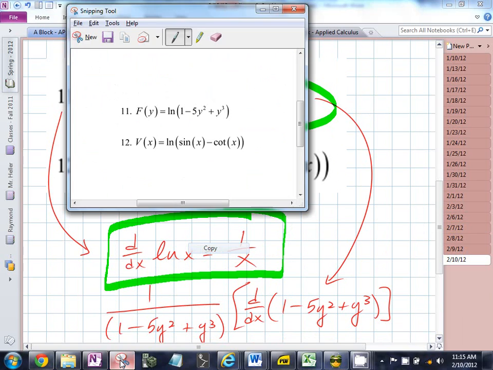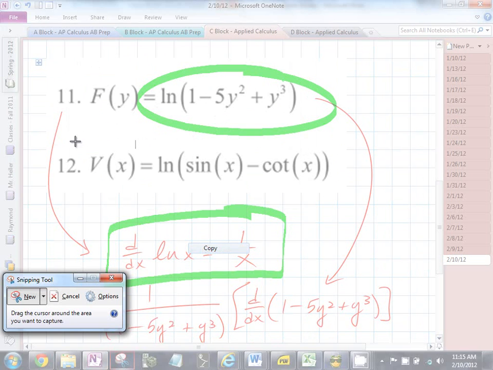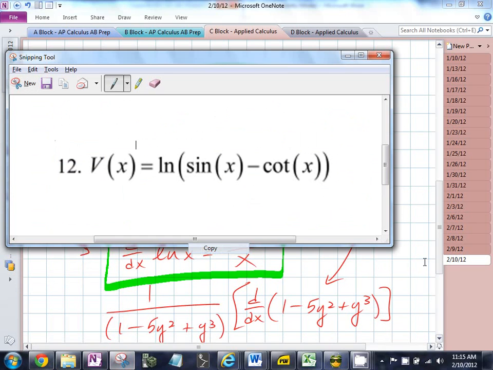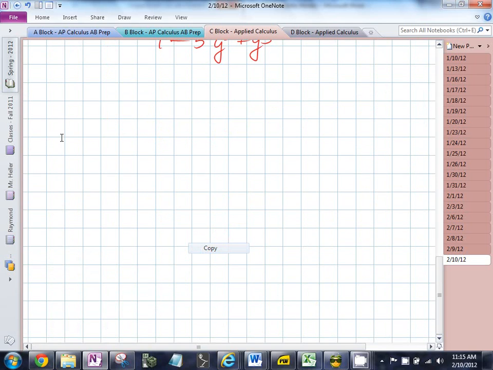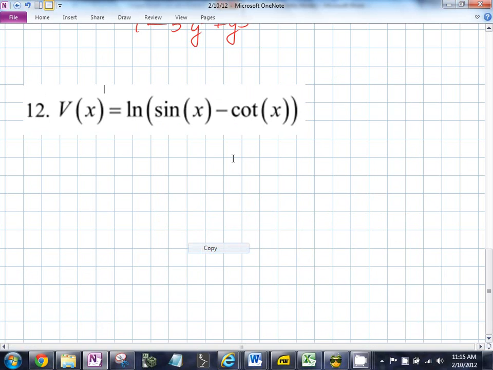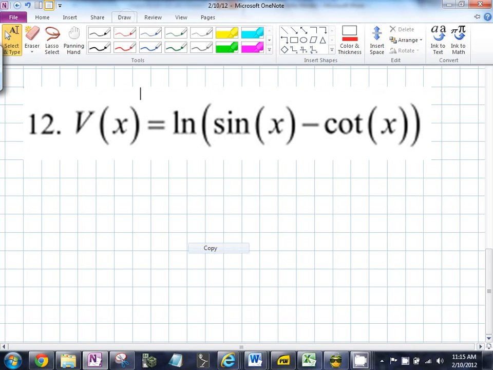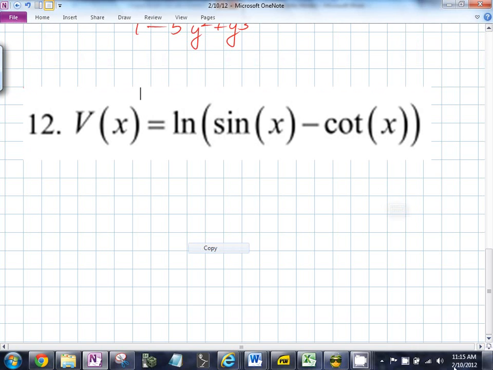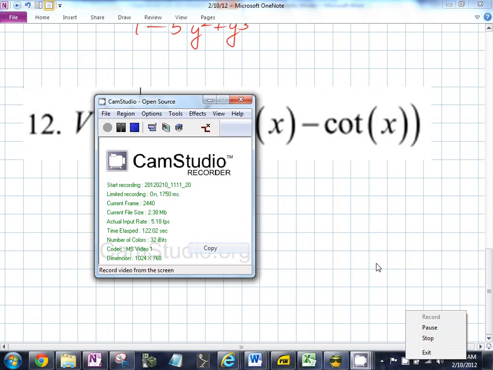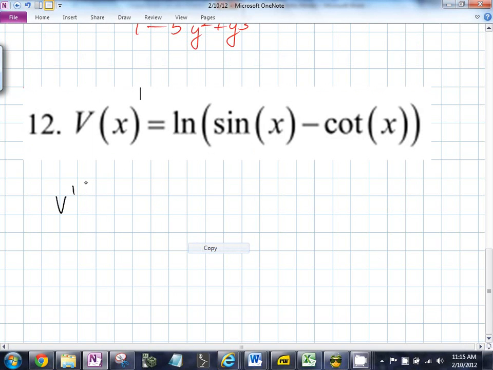There is a trig function in here, and this looks like it's complicated, but again, is it really? Not really, no. As long as you know what? ln, that's true, and you need to know your trig derivatives. And algebra, yes. That's correct. So, v prime of x is equal to 1 over sine x minus cotangent x times, what's the